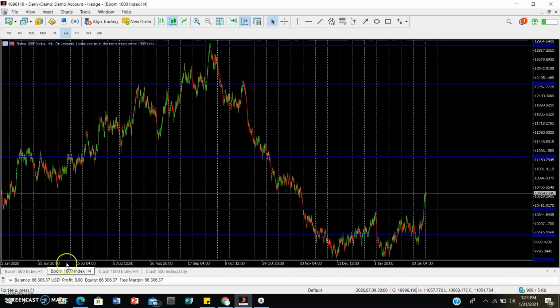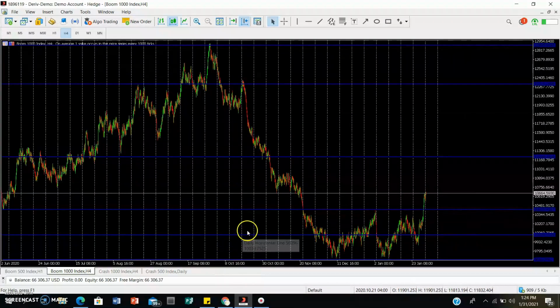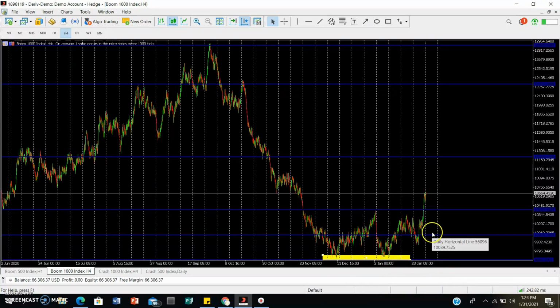Let's take a look at Boom 1000. Okay, so from Boom 1000, what I realized was we're coming from an area of equal liquidity. Yeah, if you see price testing the same price level twice and then breaking out or breaking this resistance, right? It means the first push,